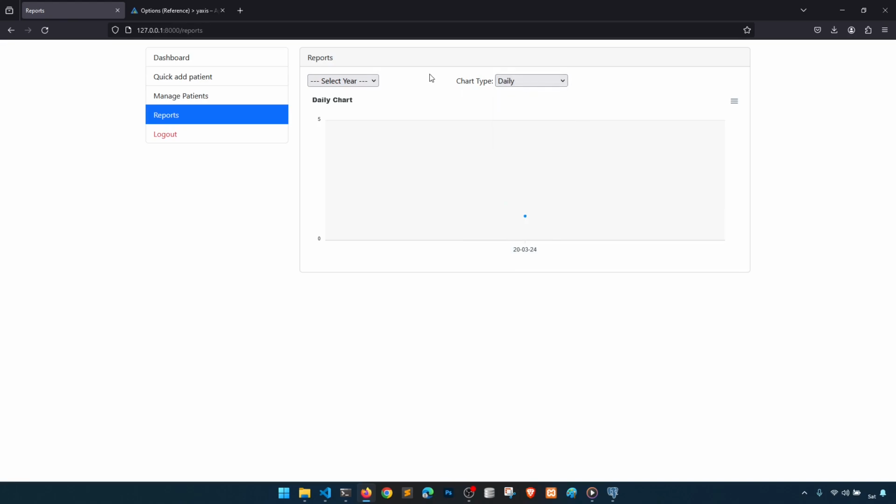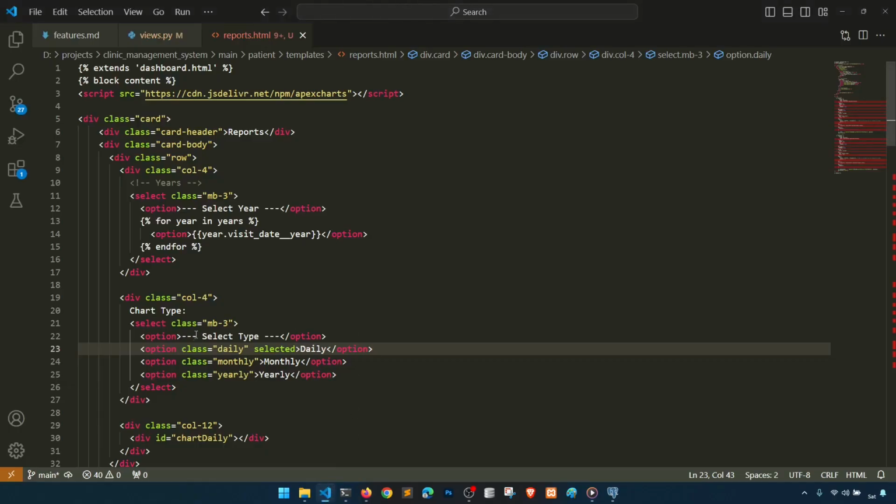We also need to by default select the current year, right? So by default, actually we will not show it, this will fetch the data according to the current year, but if you want to change any year, then you can change from here. Chart type is daily, monthly, yearly. So with this change, we can show or hide the chart. Like the default, it is showing the daily. When we click on the monthly, it will show the monthly chart. So how we can do that? So let's name it